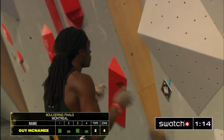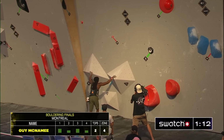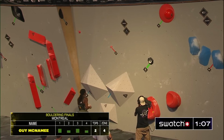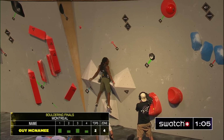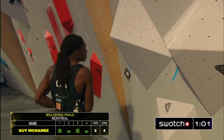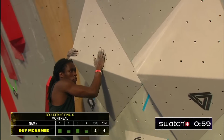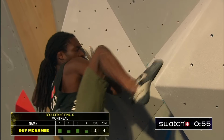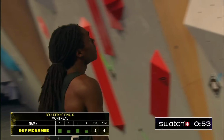So you can't use the ground as momentum generating and to carry on. So you must be in control on the wall. You just got to touch the left foot. Oh, you see his hands just sliding down the angle. 1 minute left on the clock. So he's going to try, can I do this? If he can reach down,